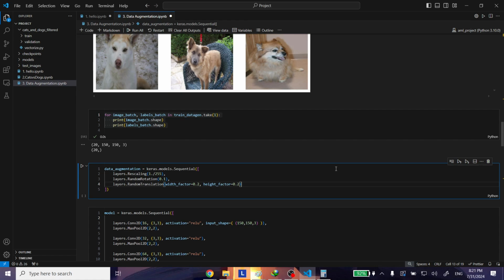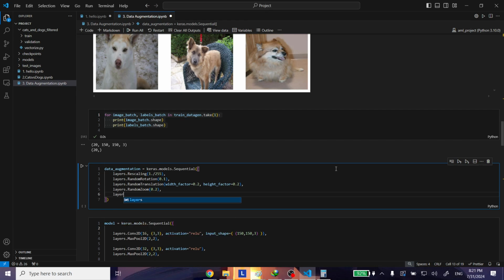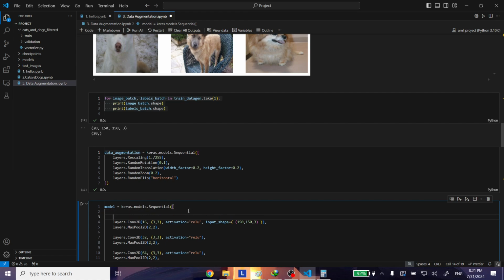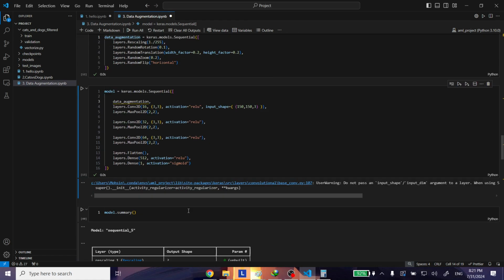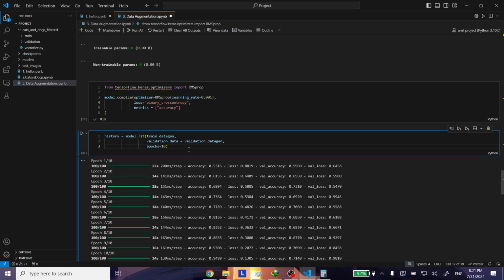The next thing that we're going to do is we can also zoom in and zoom out our images. So layers dot random zoom of let's say 0.2, and again let's set the random flip to be horizontal. Once we've defined this, we can add this over here and we're pretty much done. That's it. And then we can train our model again,